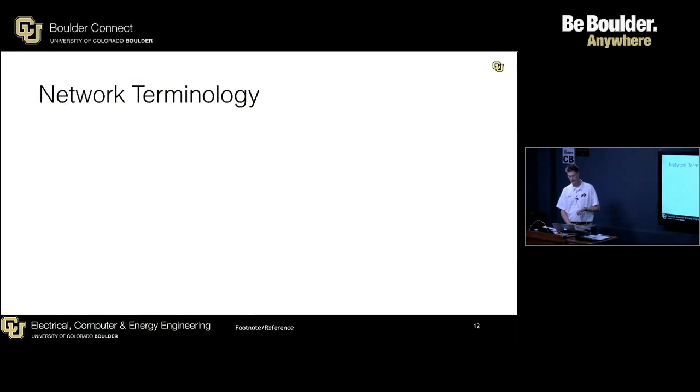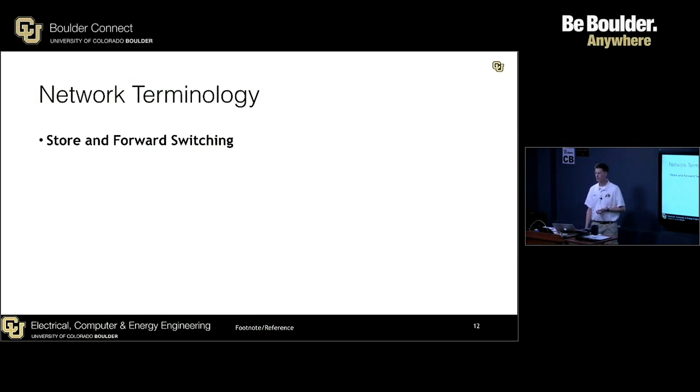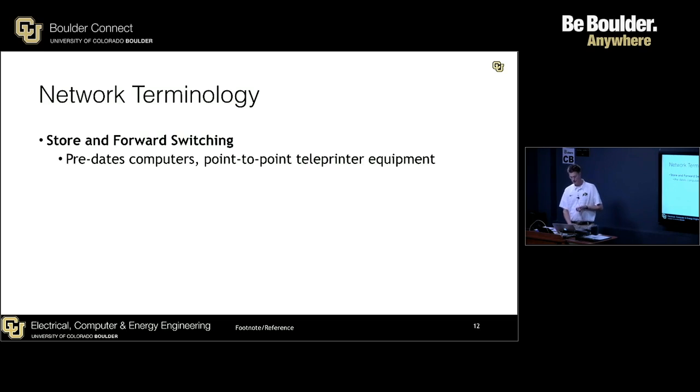Moving on to network terminology. There's a couple kinds of packet routing, two primary types of packet routing. One of them is called store and forward switching. It predates computers. It dates back to the days of point-to-point teleprinter equipment when there was a human being that